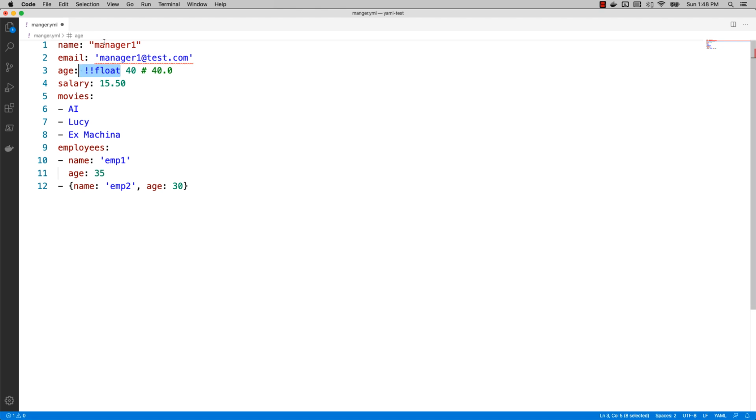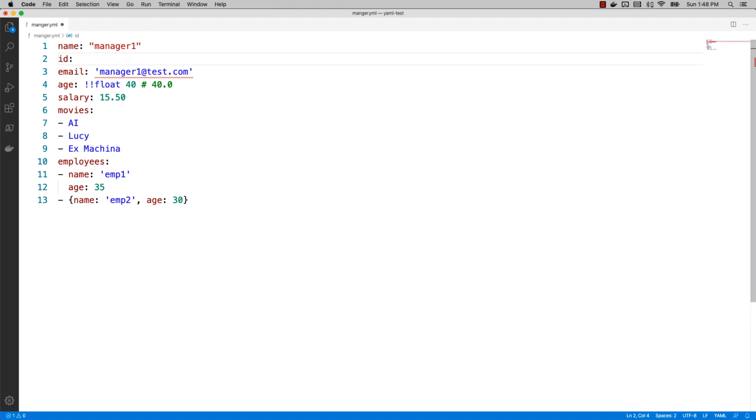Now other than that, a very simple thing I want to show you here is something called anchoring. Let's say I want to have an ID for this manager, and in my company the name of that manager itself is the ID. Now I don't want to repeat the value here. I can do it like this, but I don't have to, because in this case you can go for anchoring.